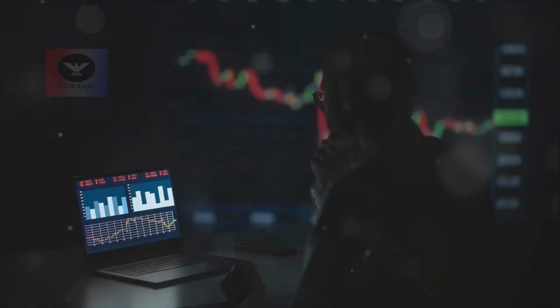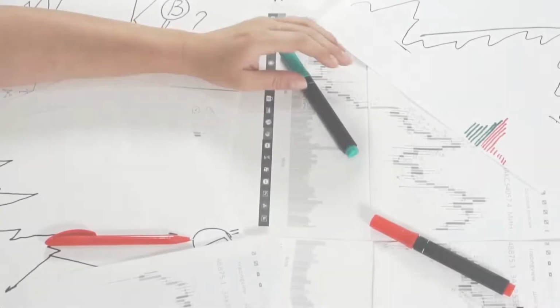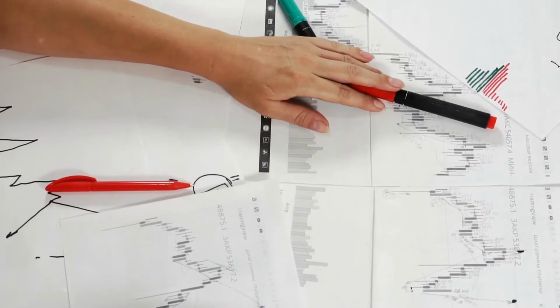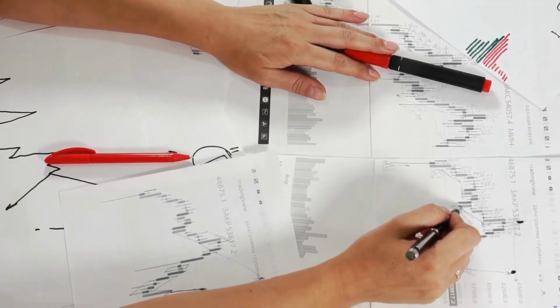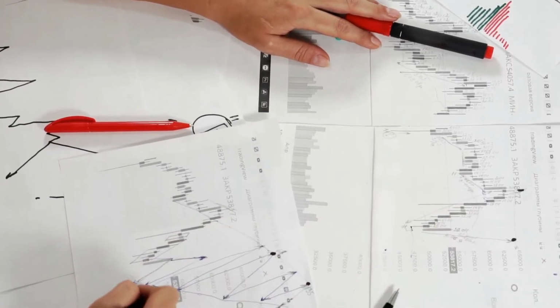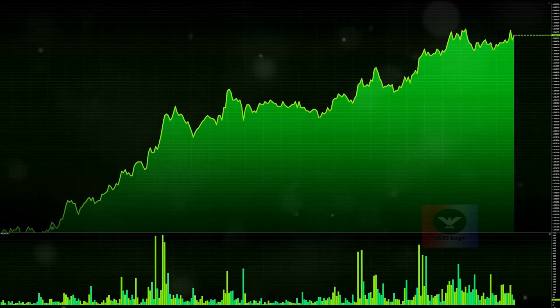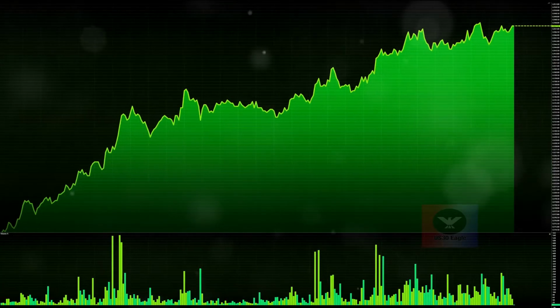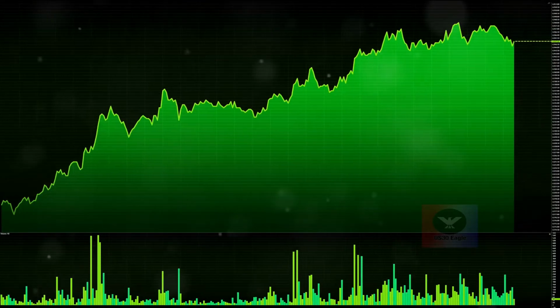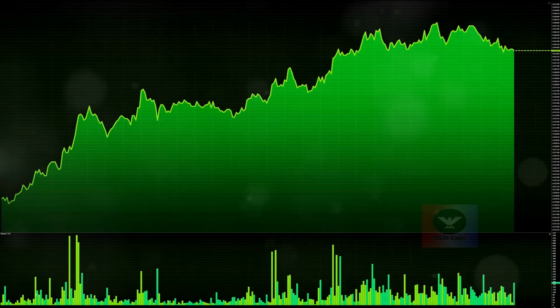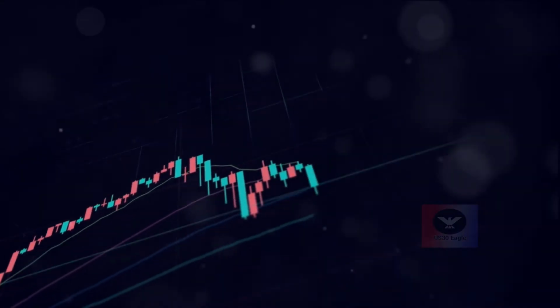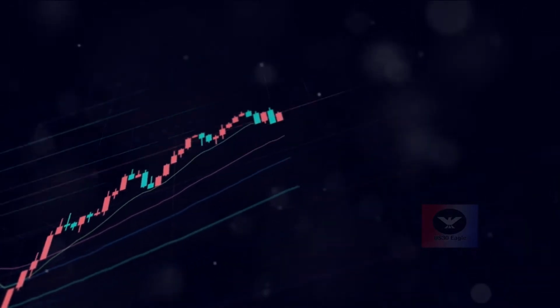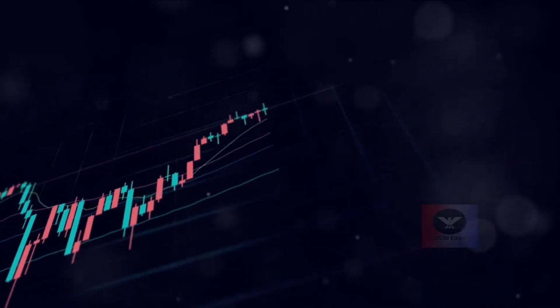Now we'll delve into the world of technical analysis. While fundamental analysis looks at a company's value, technical analysis focuses on price movements. This technique is like reading the footprints of the market. Consider a chart pattern, which is a visual representation of price movements. It's like a map that traders use to anticipate potential price directions. For example, a head and shoulders pattern could signal a potential market reversal. Then we have trends. In the simplest terms, an upward trend indicates that prices are generally increasing, while a downward trend suggests that prices are falling.